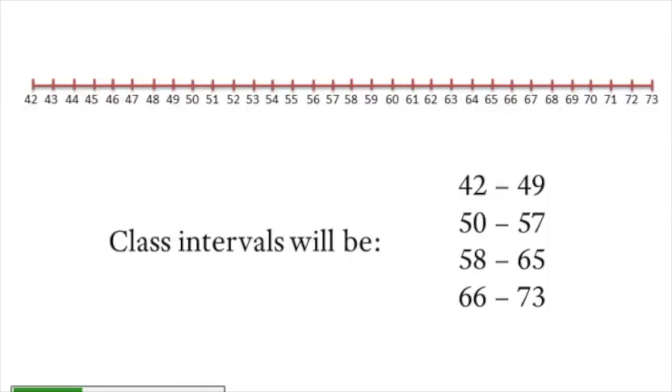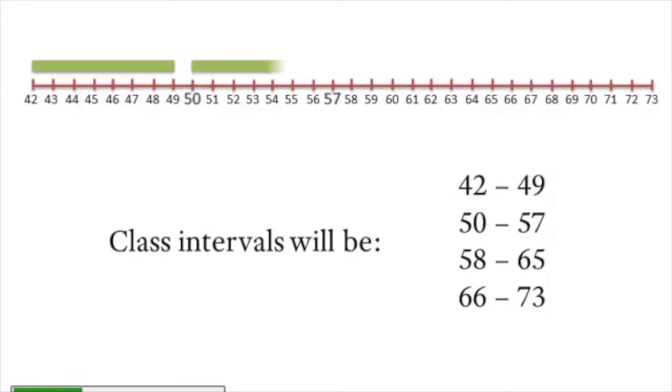Now picture all of the numbers in our data falling along this number line. We have just created 4 equal intervals with the width of 8 in order to capture all of those numbers. So our first interval must include the number 42 in those 8 numbers. So again, we have 42 to 49 for the first interval,